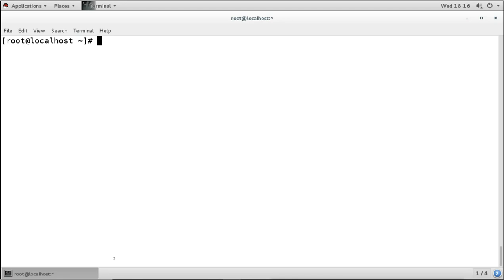Now it will not save anything in the history file because it will remove all the current history. Right now we have this history. When I press the up arrow key, I can see all the history commands. Why? Because it is loaded from the file. Right now it is there, but I want to remove it. Whatever commands we have run right now, I just want to remove them. All the latest commands, I don't want to save in the history file.